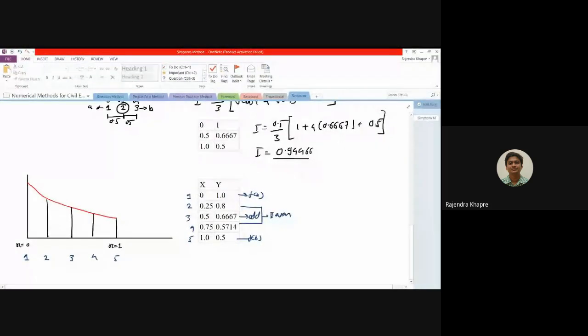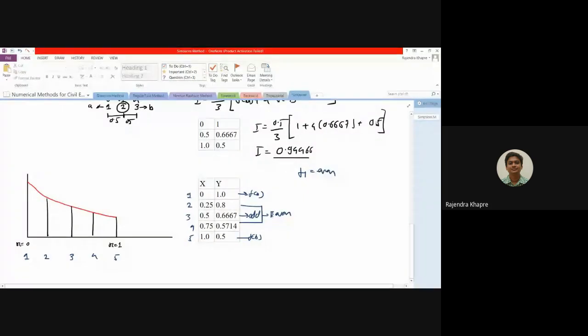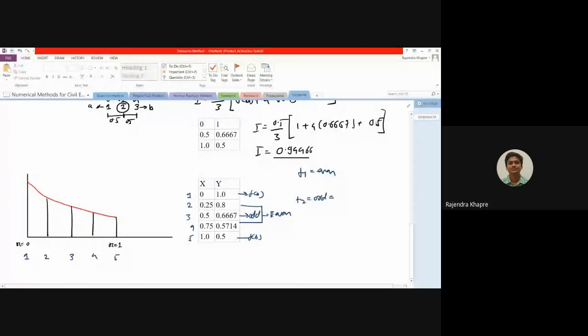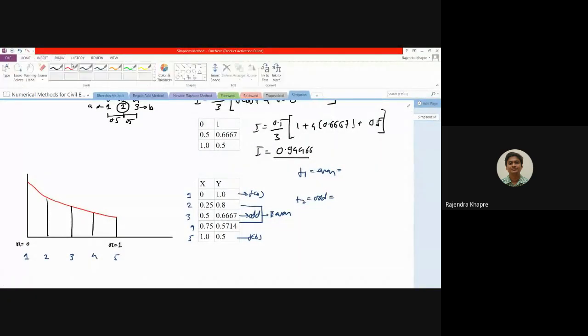So your T1 is even, and T2 is odd. Your T2 value will be the only odd value, which is 0.66667. As far as the even terms are concerned, we have 0.8,